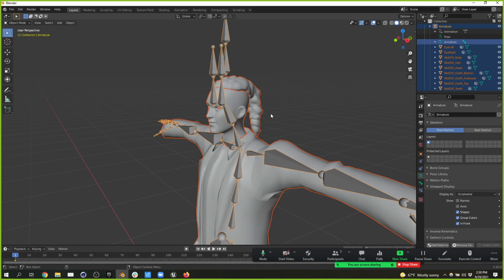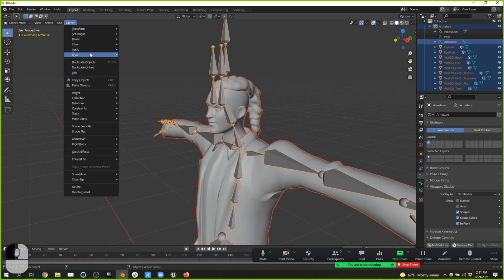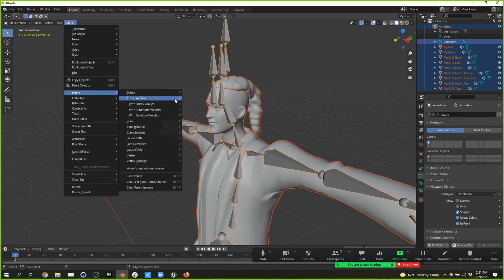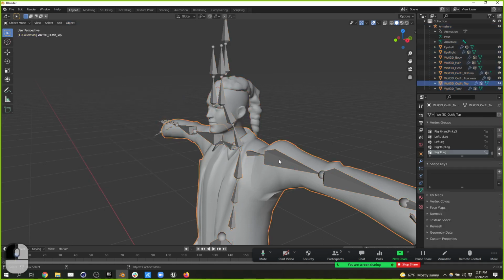Okay. So all we need to do now, having selected all the meshes first and then shift-selected the armature, yeah? I did that first. Yeah, so I converted the mesh, and the head moved forward and the eyes popped back a little bit. So maybe that's a cleanup we do for face tracking day. And then under Object, Parent, Armature Deform, right? Yeah. So now, if we come back to our bones,